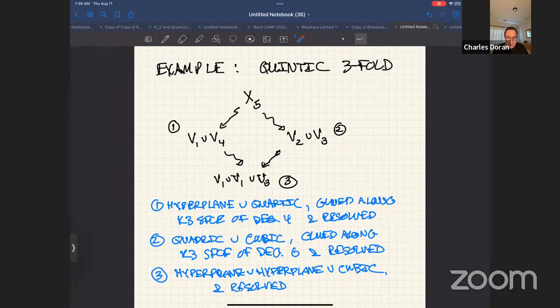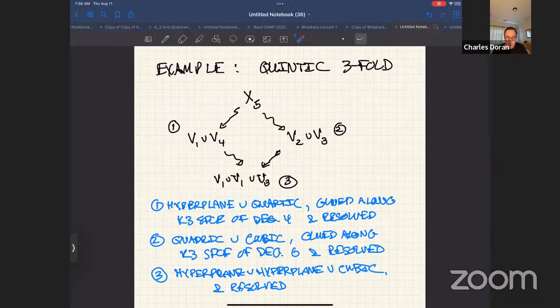Okay. And if you write 5 as 1 plus 4, your degeneration is into a hyperplane, so a threefold hypersurface of degree 1, and a quartic threefold. If instead you do 5 as 2 plus 3, you get a quadric and a cubic. Now, I have to say, to get a Tyurin degeneration, this has to be smoothable to this. And for that, you have to do more. You have to do some blowing up. So you have to blow up, for instance, in here on a degree 20 curve on V1, for example, right? There's some blowing up that you have to do